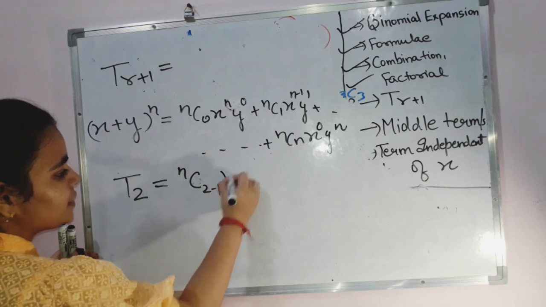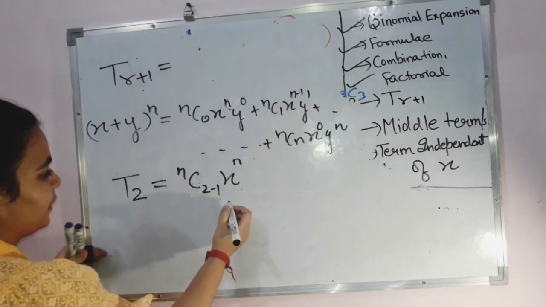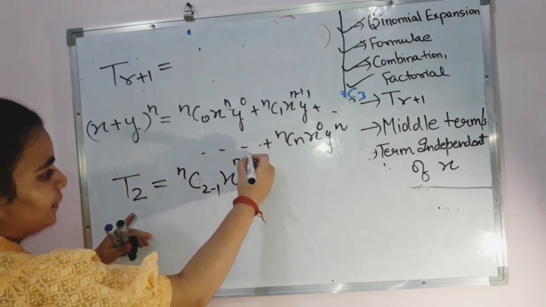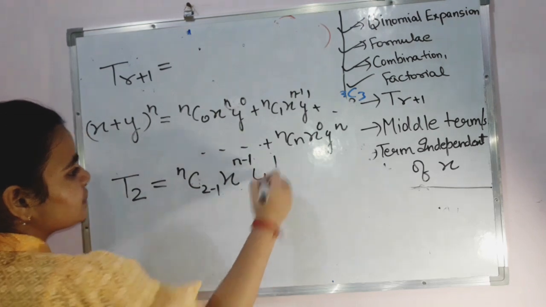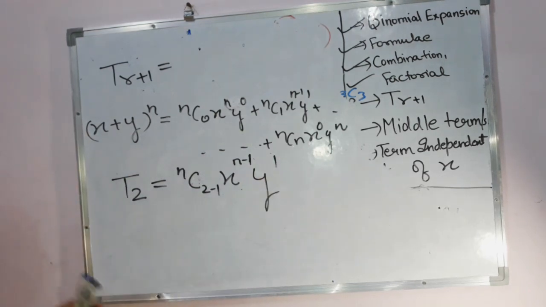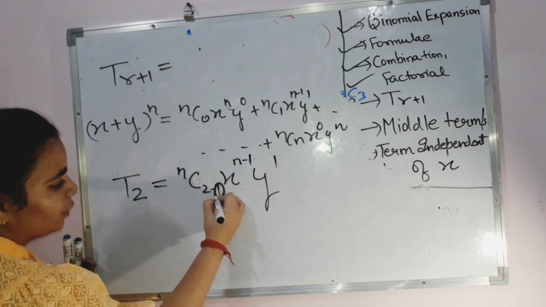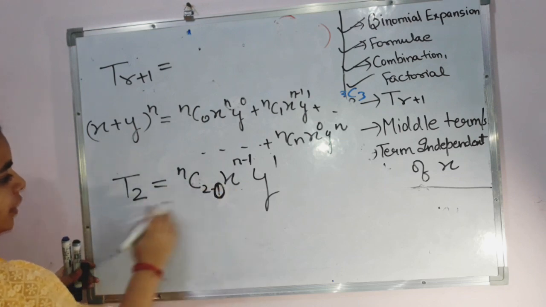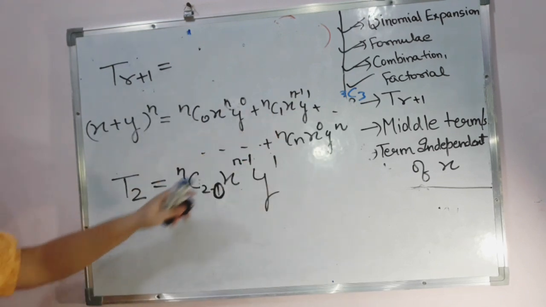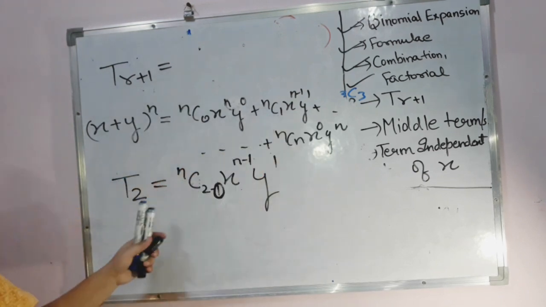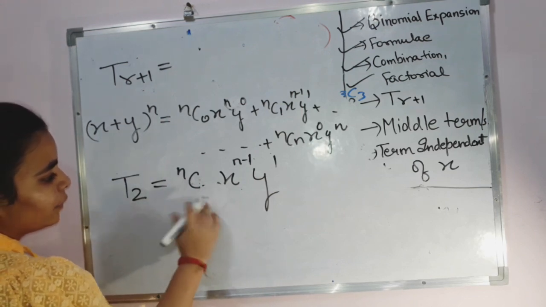And this x was having the power as n. This was n only minus 1. Minus 1 means this one. That means 1 I am going to write 1 only. And y was having the power as 1. That means this thing. Whatever thing I have written over here, then I can write it as, actually if it is a second term, then I was writing it like this. Okay. The second term I am getting here. So second term was having 1 over here. 2 minus 1, that is 1 was here.